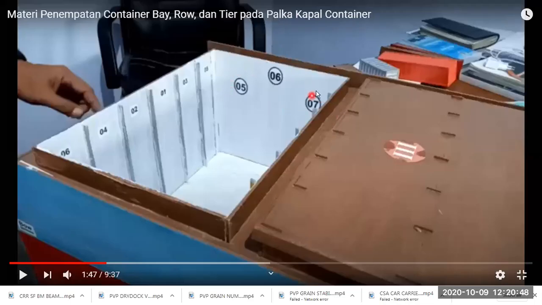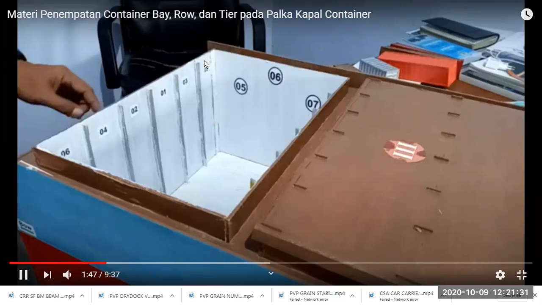So let's see a practical example on this ship. This is a cargo hold, and as we saw, we have different bays. So we have bay number 05 from the forward part, bay number 05 for 20-foot containers, and bay number 07 for 20-foot containers. And if a 40-foot container is fitting here, then this will be bay number 6. So this one container space is occupying one bay, and we have different rows on starboard side 01, 03, 05, and port side 02, 04, and 06, and different tiers we have seen that we will count.